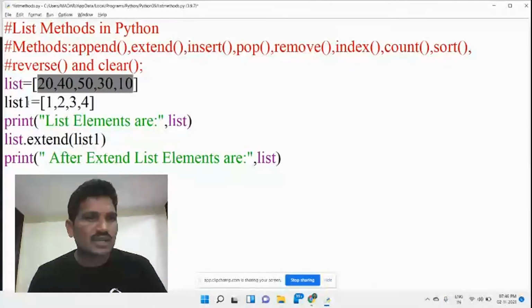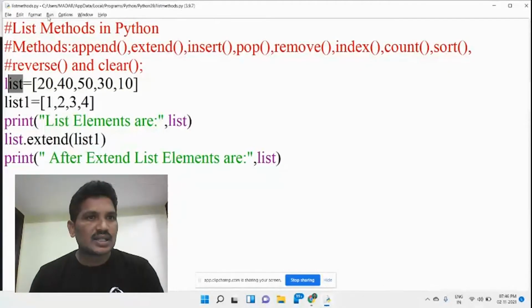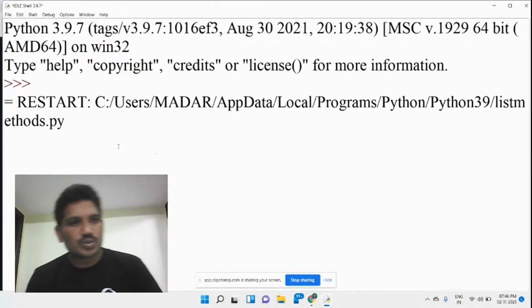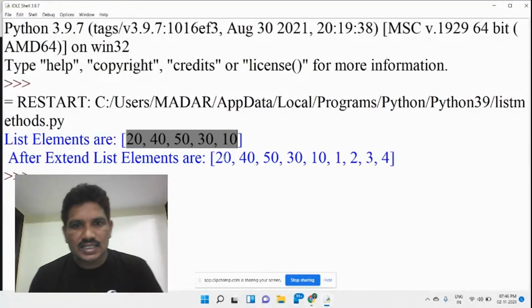Okay, list1 object, list dot extend list1, these elements will be added at the end of the existing list. Once you save it and run this module, we will see what output we get. This is called the existing list. This is up to the existing list.